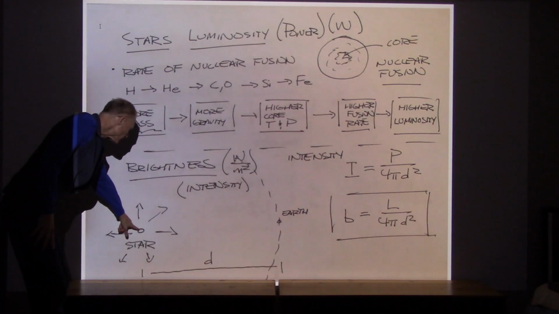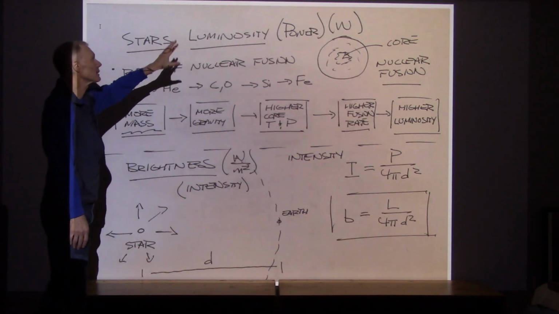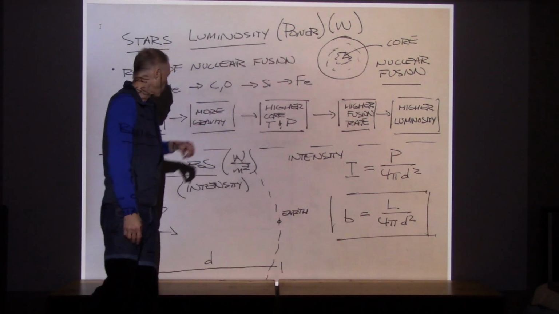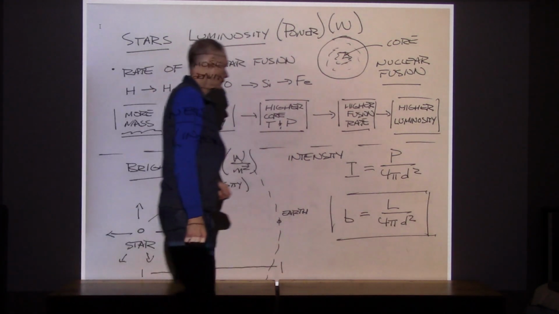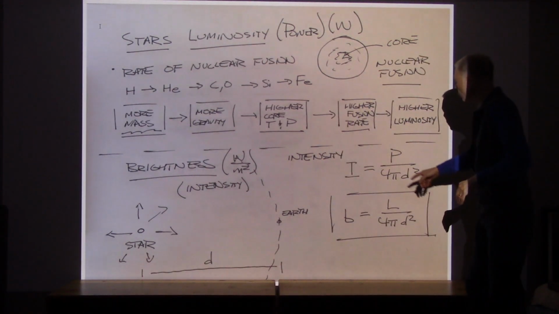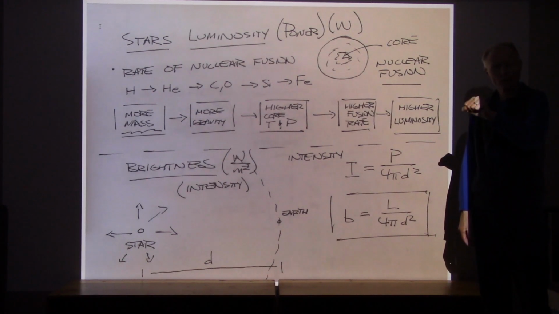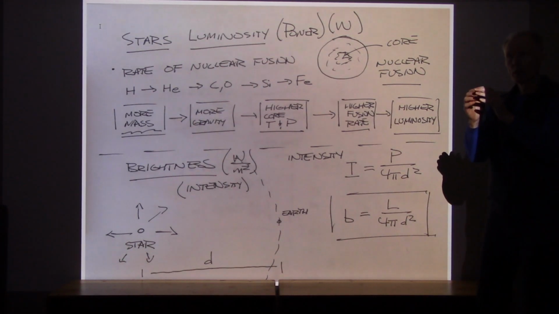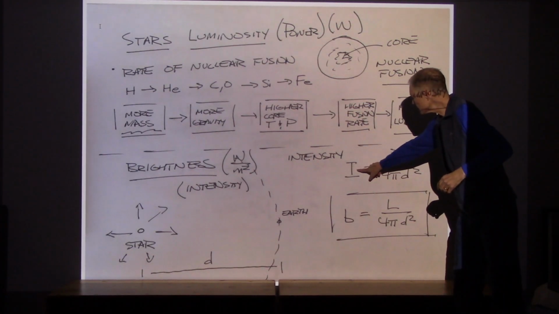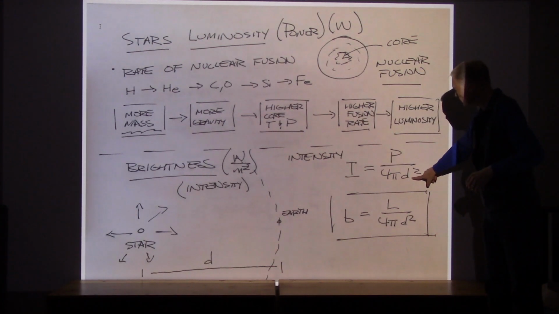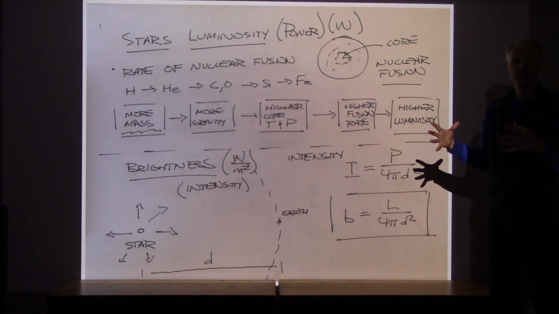here is the star, it's got a certain luminosity to it. That's what we're looking at here, the luminosity or power. That's getting measured in watts. And that luminosity is heading out in all directions. And here are the two formulas side by side. We've looked at these diagrams. It's our very common diagram of a central energy source sending energy spreading out from a central source, and the intensity of that then drops off like distance squared, and the 4 pi d squared is the surface area